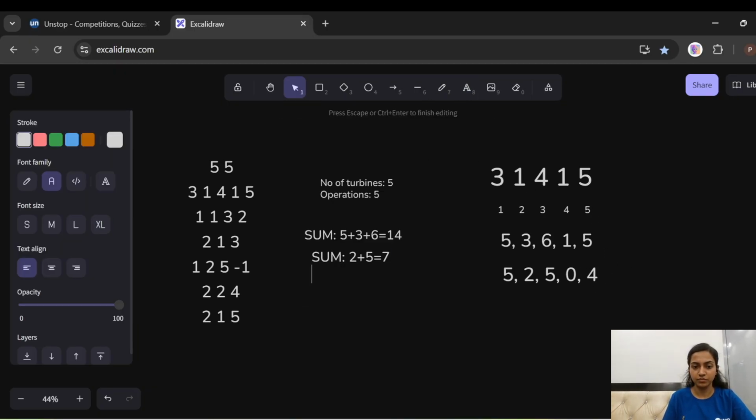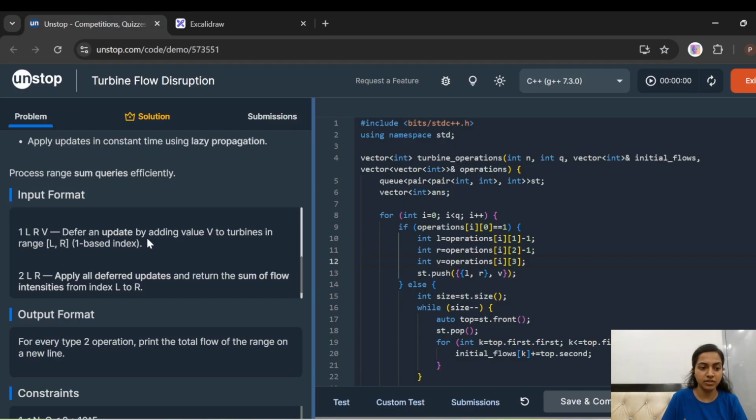The sum is going to be 5 plus 2 plus 5 plus 4. This is going to be 10, 14, 16. So the answer is going to be 14, 7, and 16. Let's check the answer in this.